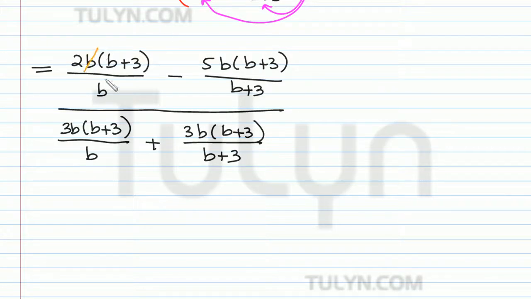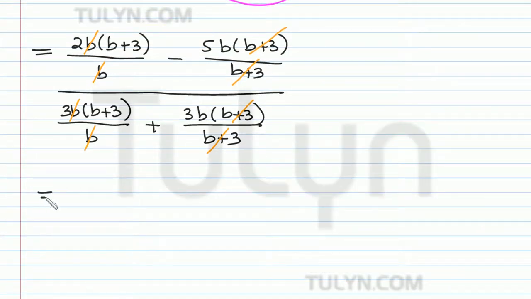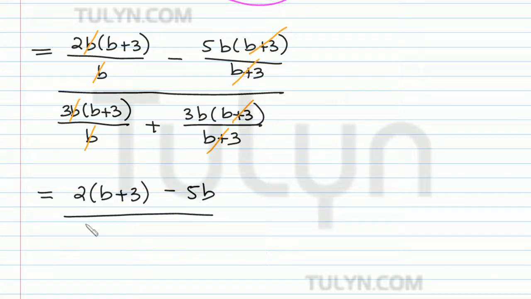So now that we've done that, we can simplify by canceling some stuff out. There's a b in the numerator and the denominator in the first term, which can be canceled out, and a b plus 3 in the second. And then in the denominator of the complex fraction, we can cancel those out as so. So now we write what's left over: 2 times b plus 3 minus 5b in the numerator, and then 3 times b plus 3 plus 3b